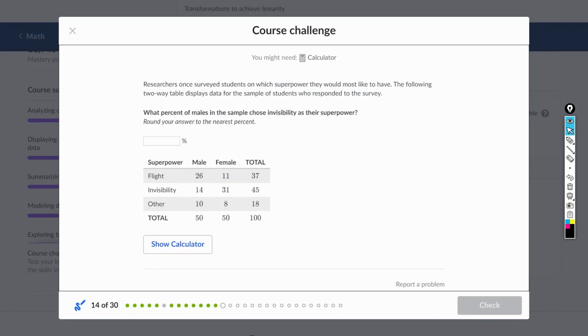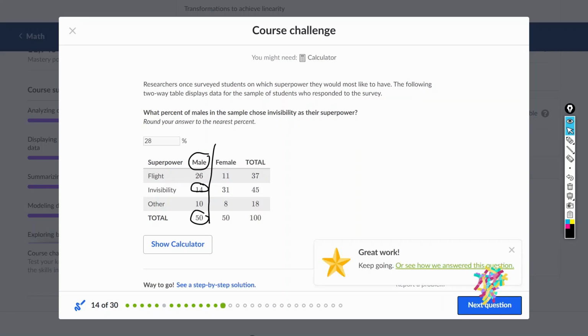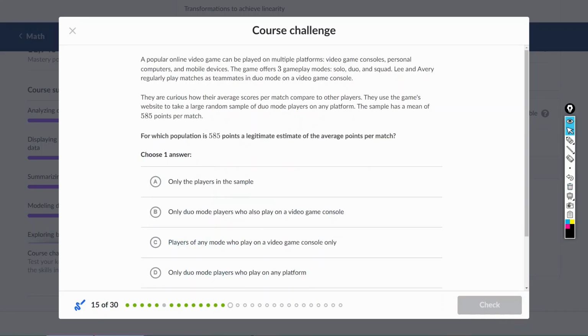Researchers once surveyed students on which superpower they would like to have. The following two-way table displays data for the sample of students who responded to the survey. What percent of males in the sample chose invisibility as their superpower? 他说 what percent of male？那我们得看 male。invisibility as their superpower，那么就是14 over 50，那就是28%。这个都比较简单。好。